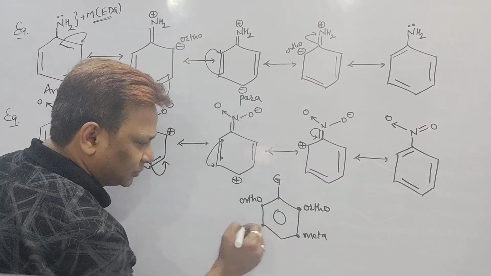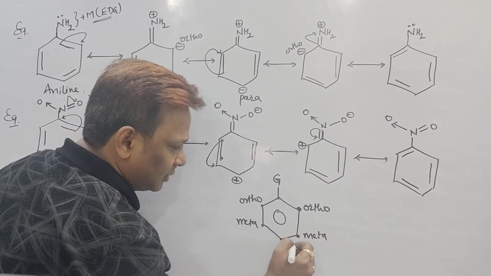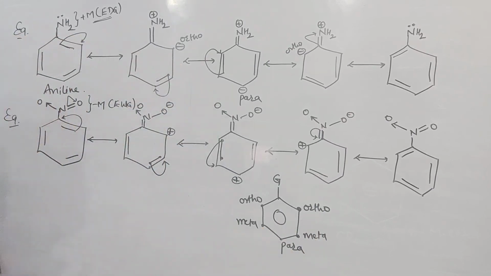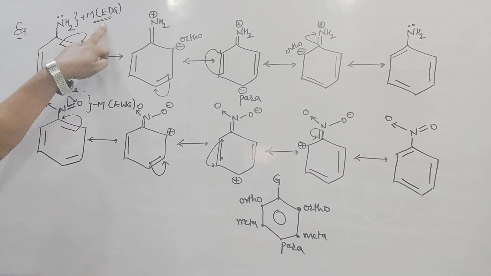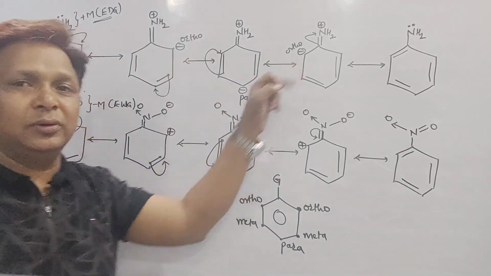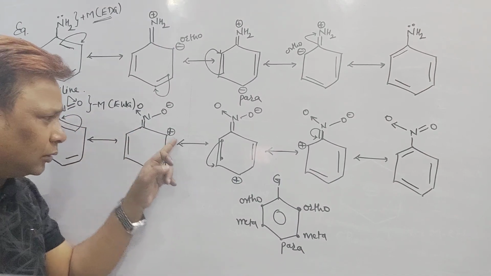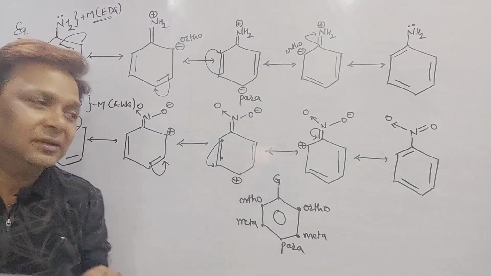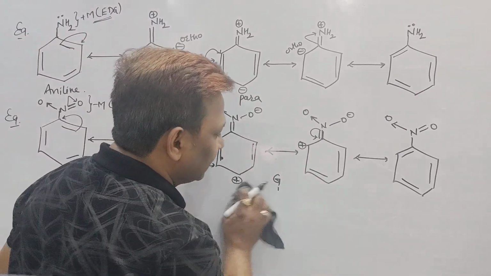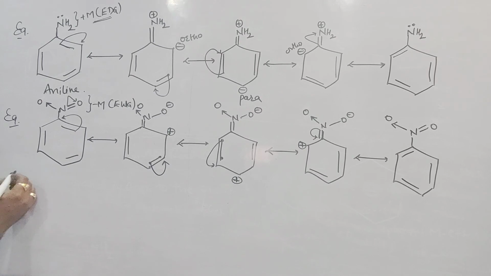Beta, the group at the second position is called meta, and the third position is called para. An electron donating group increases electron density at ortho and para. An electron withdrawing group decreases electron density at ortho and para. Because of that, what we can say about electron donating group, I'll write here,